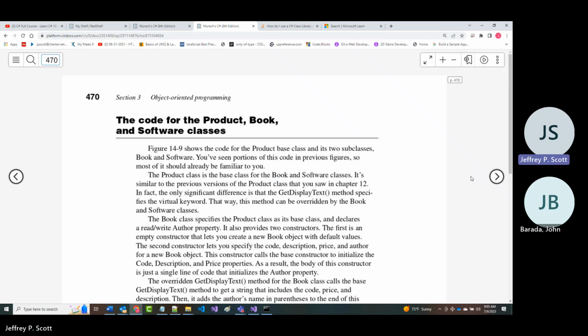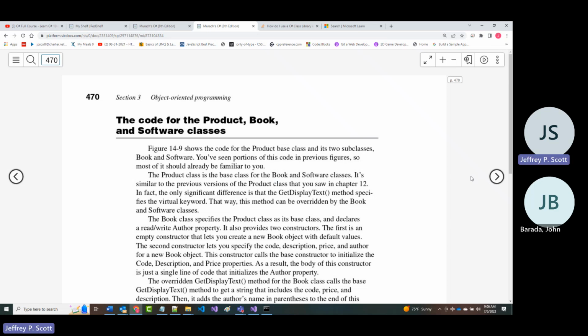So the next thing that's shown in here is the code for the product base classes and for the two subclasses. We've already pretty much seen the product base class, so we will concentrate in here on the two subclasses, those being the book class and the software class.